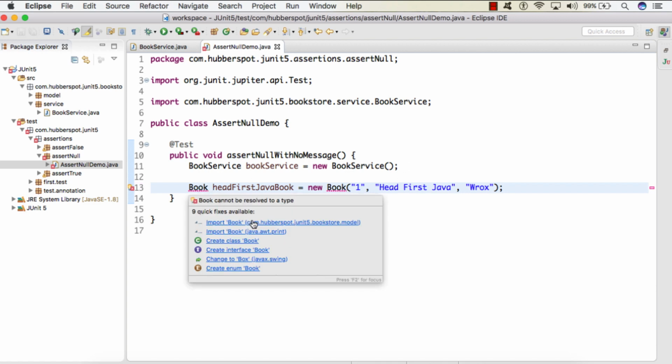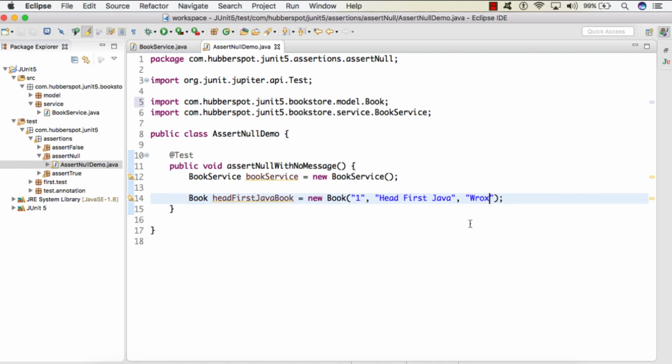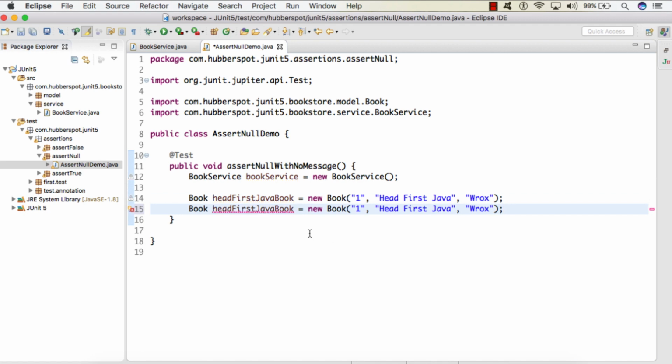We'll import Book. I'll just copy it. We'll create another book.